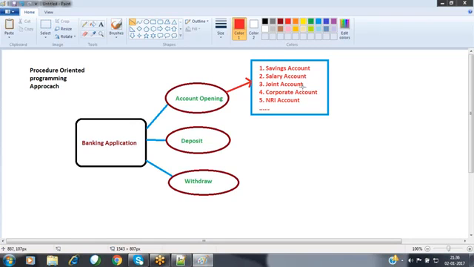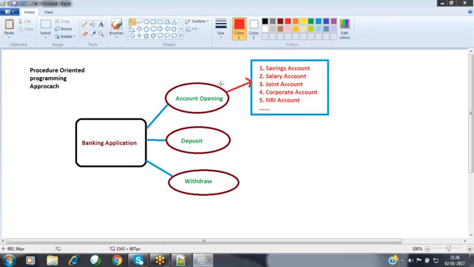If you want to open a joint account, then we have to pay some 20,000 rupees as a minimum initial payment, and then we have to provide the documentation of both the people who are going to be operating that account. If it is a corporate account, then we have to provide the details of the organization, as well as the details of the owner of that organization, who is running that business. And we have to pay some 1 lakh rupees as the minimum balance. Like that, depending upon each and every account type, we have certain business processes available.